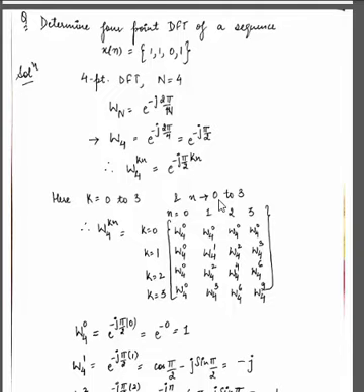So the range of k is 0 to 3, and also the range of n is 0 to 3. Now we have to find the value of the twiddle factor in matrix form by using the values of k and n. So twiddle factor W4 raised to power kn is equal to, here k is 0 to 3 and n is also 0 to 3. 0 into 0 is 0, so twiddle factor 0. We have to find all the values of rows and columns. Here the lowest value of the twiddle factor power is 0 and the maximum is 9. So we have to find the twiddle factors 0, 1, 2, 3, 4, 6 and 9.